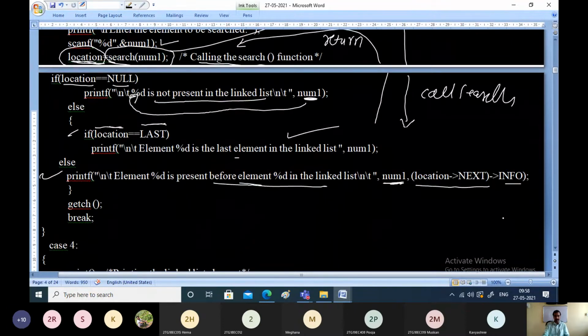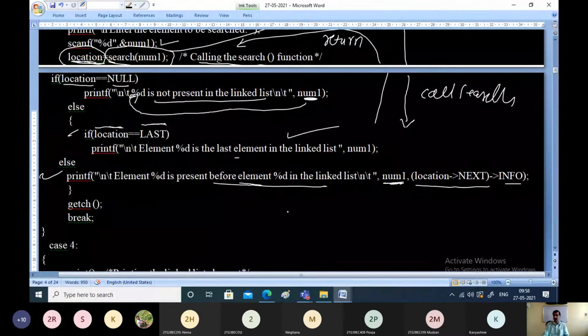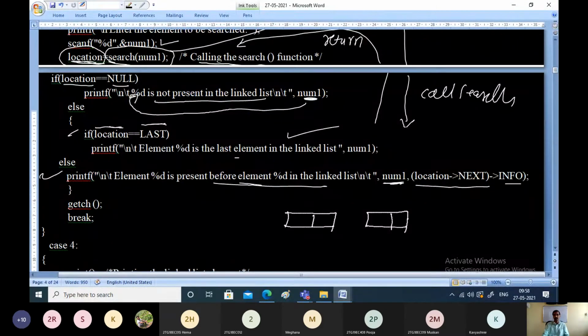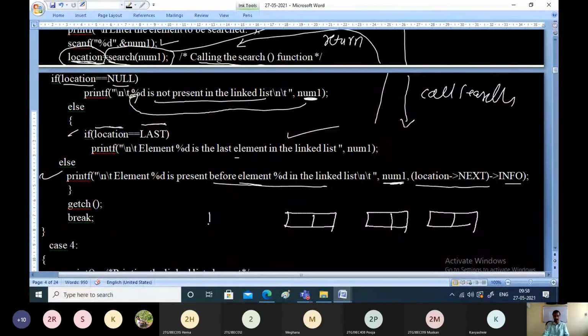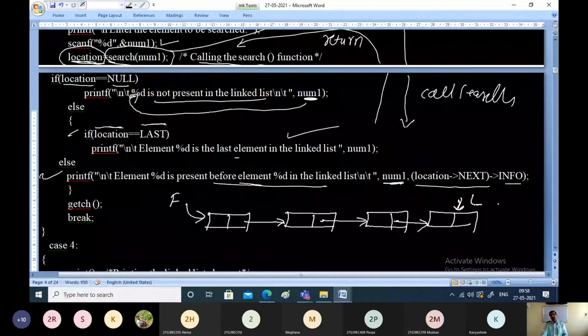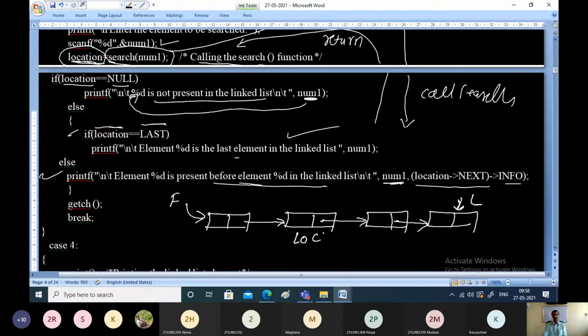Briefly I'll explain what happens with this, because this is not present in that code. Whatever function definitions we are going to discuss, this part is not there. That's why I have to cover it here itself. Let us assume some nodes, and this is last and this is first. When we have this situation, assume after traversal, this is the location of the element.